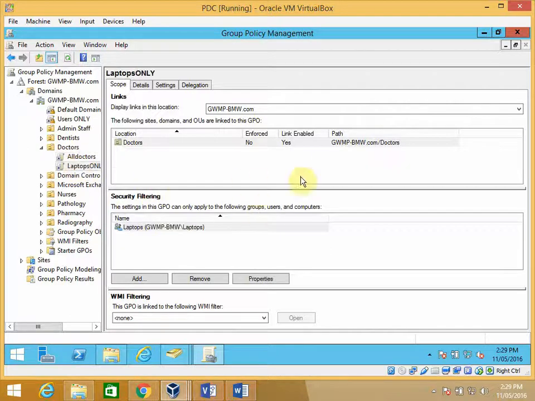So in this case, it's the doctors organisational unit, and the group is the laptops group within that organisational unit. So we're now applying a group policy that's limited to only the laptop group of users in the doctors organisational unit. So what we're going to do is right mouse click and edit it,